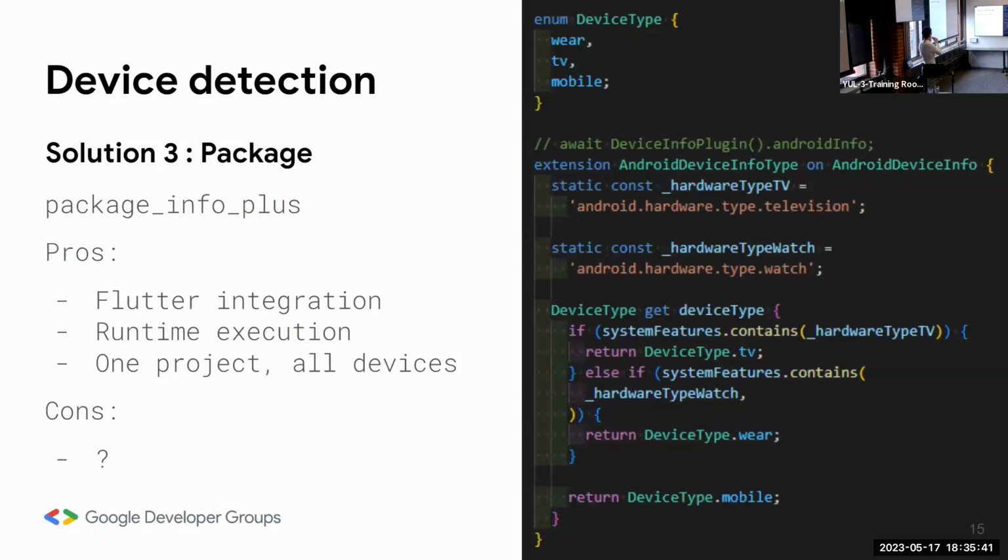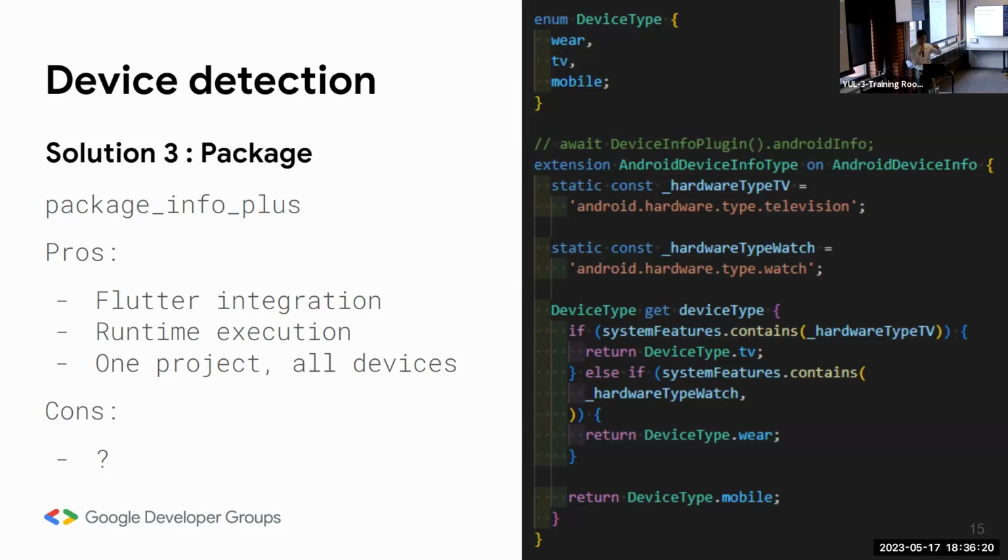So, what is it? Okay, so you have the system features that give you all the features that your device has. Usually you have Bluetooth communication, phone features, and inside, I will show you after, you have type television, type watch, but for example, the TV doesn't have the watch and stuff. So that's a way you can, at runtime, detect the device you're on.